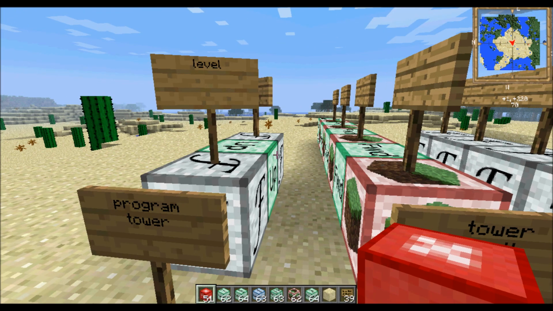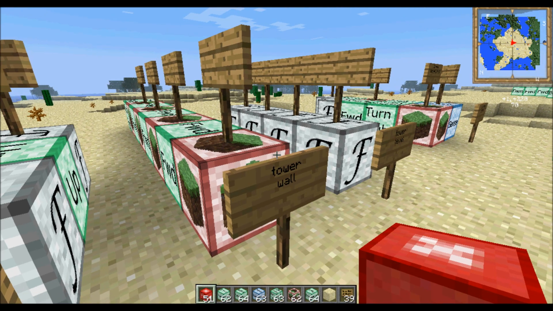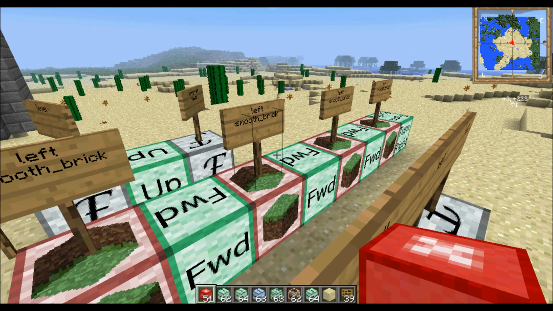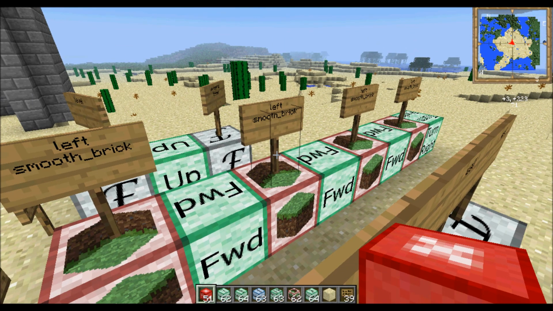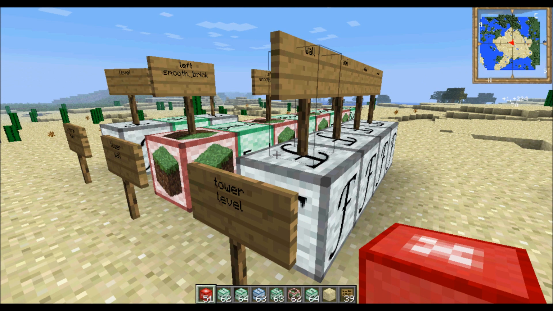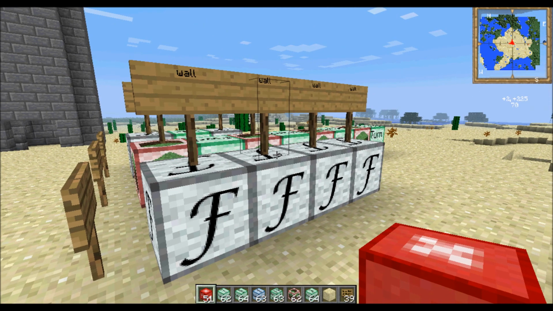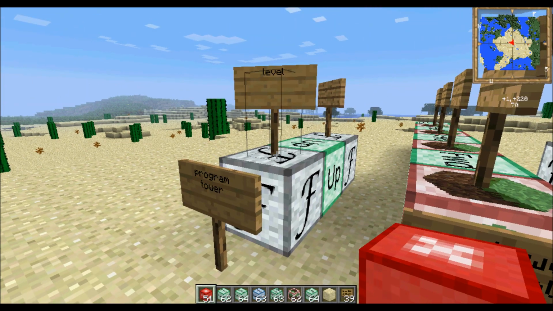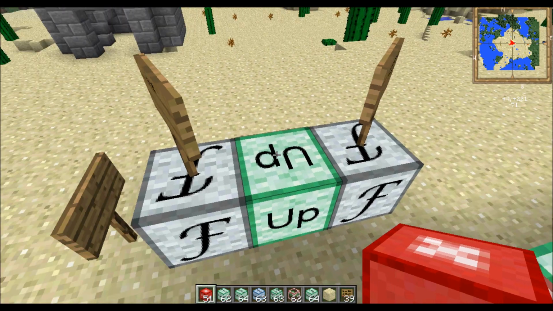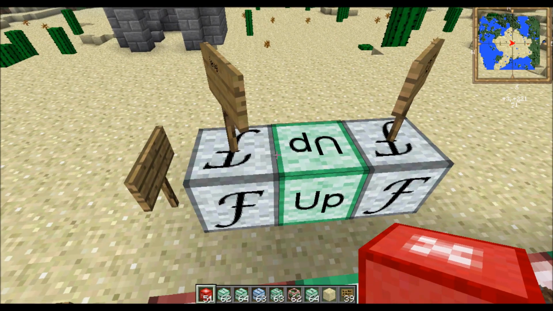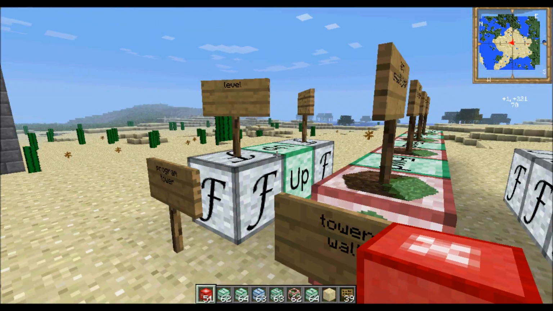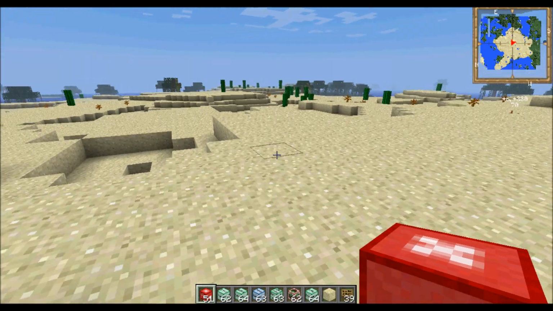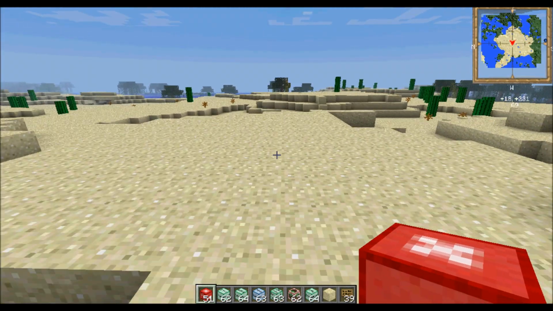So here I've created a program called tower and 2 functions. The first function I've named wall, and what that does is build a row of 4 smooth bricks. And then I've created another function called level, and that builds 4 walls. So the program is defined so that the robot builds a level, moves up, and then goes back to the beginning of the program. So you're going to see this robot build this tower level by level. So if I go over here and place the robot,